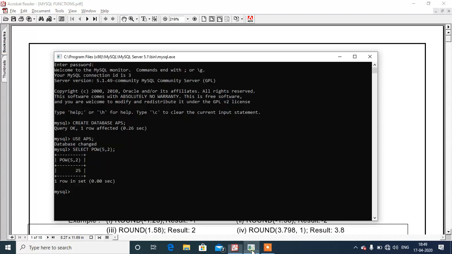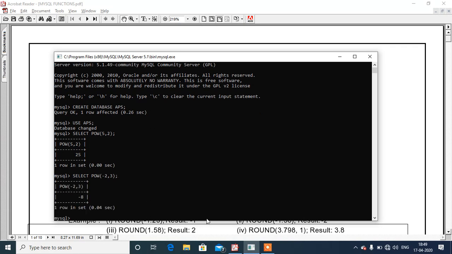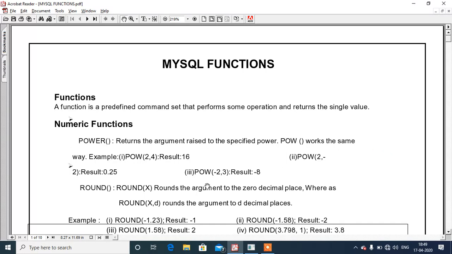Again, if we do another simulation, select pow bracket -2 comma 3. In this case, you can see -2 raised to the power 3, it will become -8. So in this way we can raise something as a power of a numerical value.